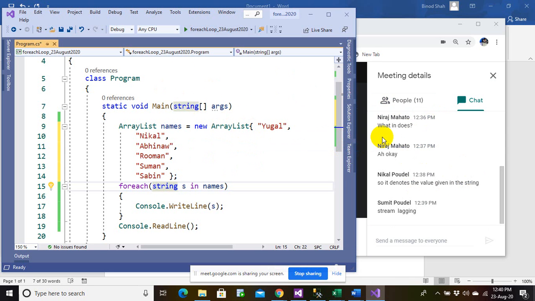So a string is just a data type for this. Okay, so Nicole got it.